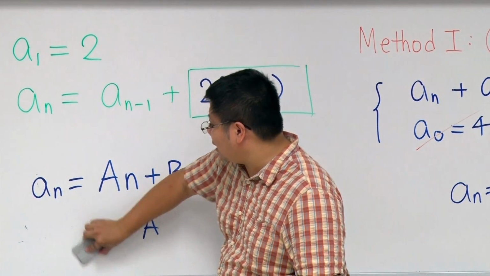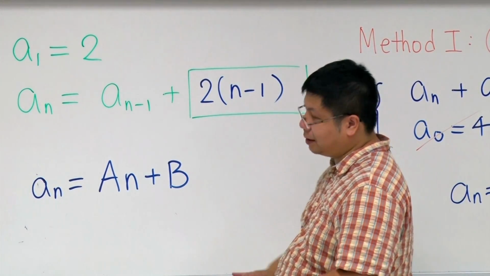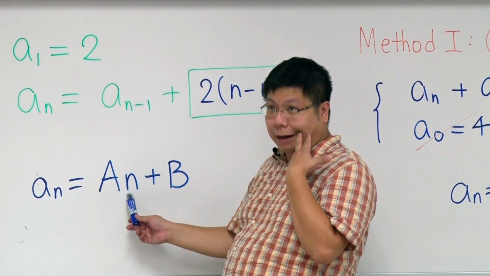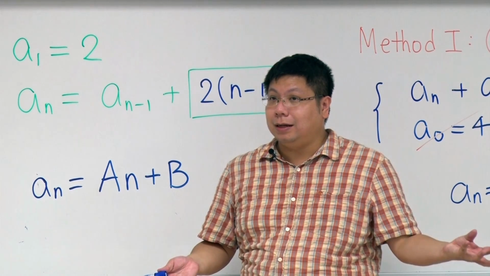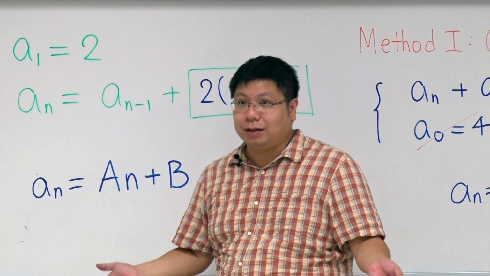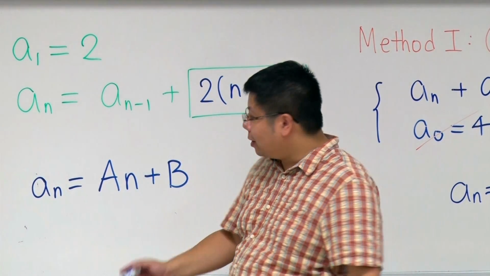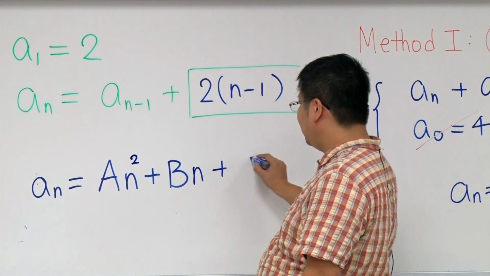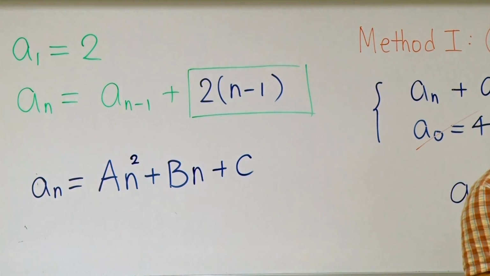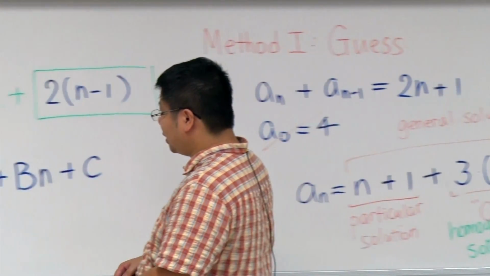So it seems that setting a_n equal to an plus b doesn't work that well. The reason is that if we simply set this to be an plus something, the an will be cancelled. So what can we do? We don't want to cancel it. So let's be a little bit clever. We try the next power. So let's try an squared plus bn plus c to be this a_n. Although it looks strange, using one more power will be helpful, because